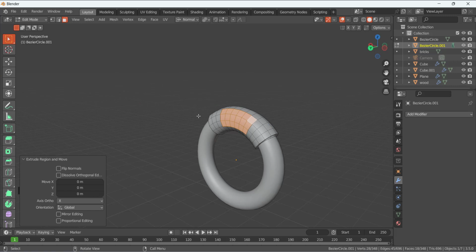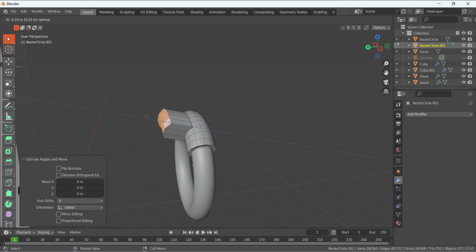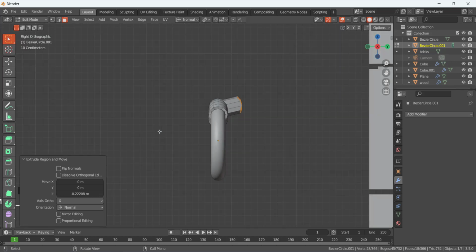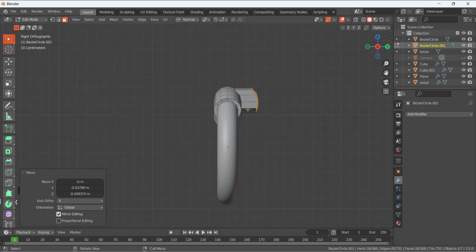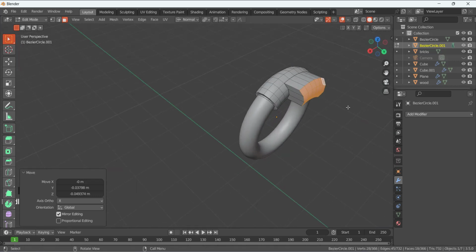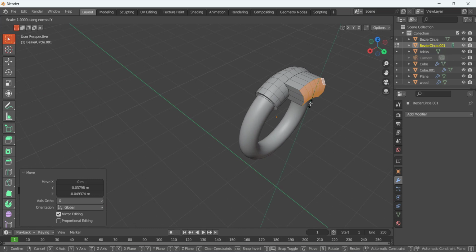E to extrude it like that. Press 3 and G to move it, make it flat. And these faces we want to make flat. Global, S, Y and 0. So it will be flat